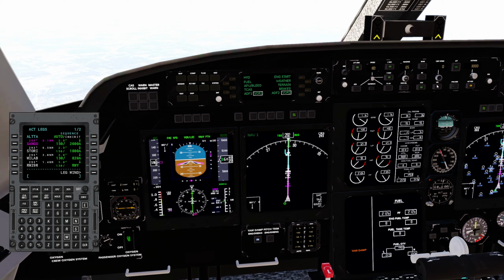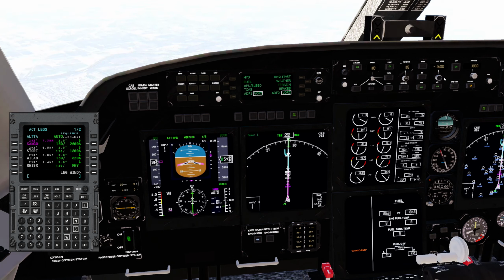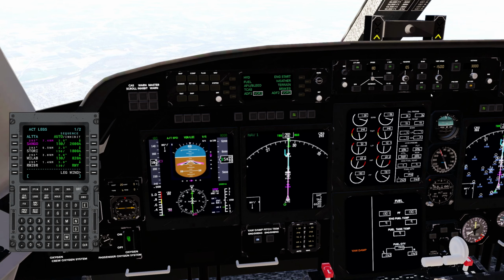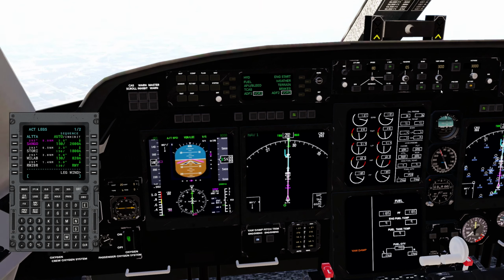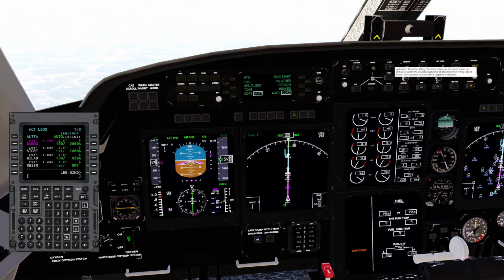In order to try and capture the glide slope a little quicker, I'm just going to level off the plane using vertical speed. I don't know what I'm doing here. I don't need to be descending. I need to set that to 0. This is a good lesson on why you should use checklists when you're flying. So there we go. Nope. Come on. 0. No. There you go. 0. Good job.